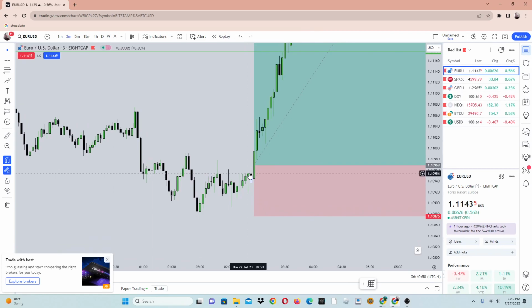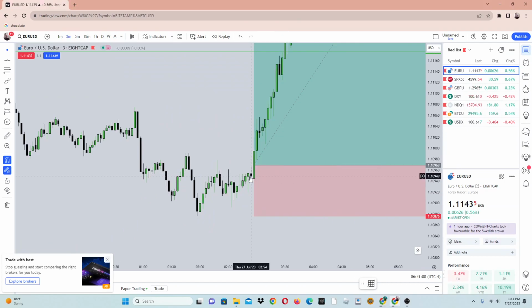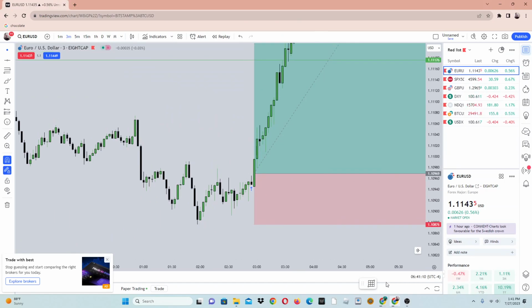So I entered the trade. There were 6 minutes, 2 more candles until the hourly candle closes, but I entered before the hourly candle closed. What I should have done is wait for a shift in market structure,